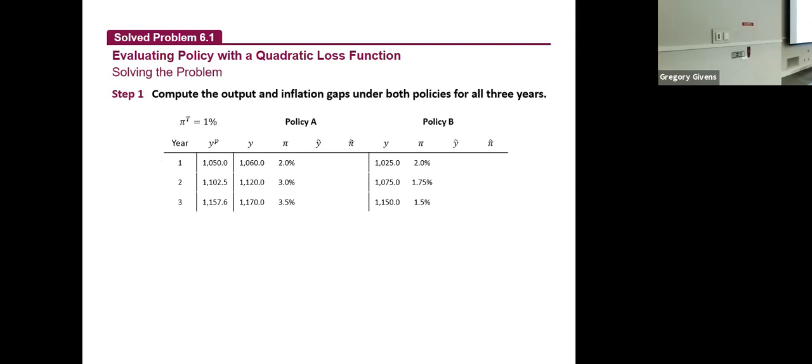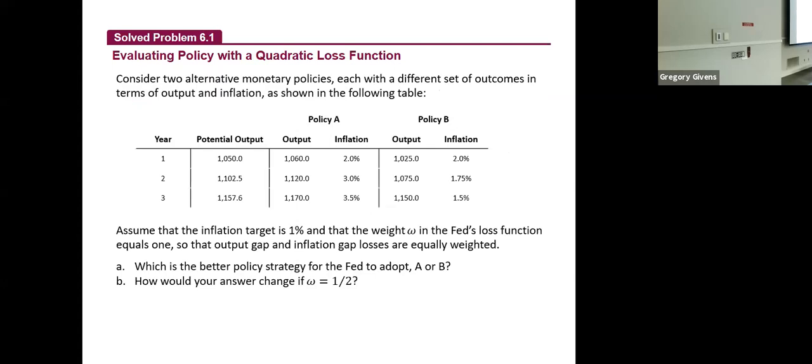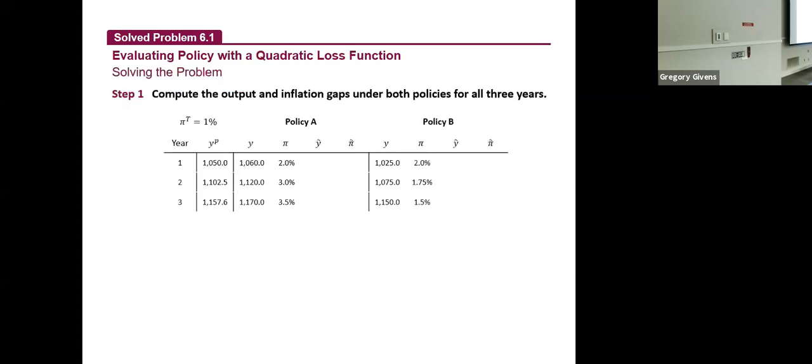So here on the next slide, I've basically reproduced the stuff from the previous slide, so the stuff from this table, okay? But I've left space in the new table for you guys to calculate the output gap and the inflation gap for each of these two policies over all 3 years. All right. So let's start with